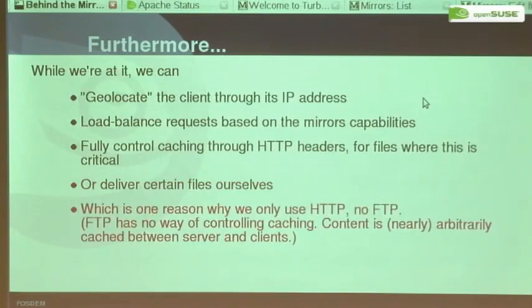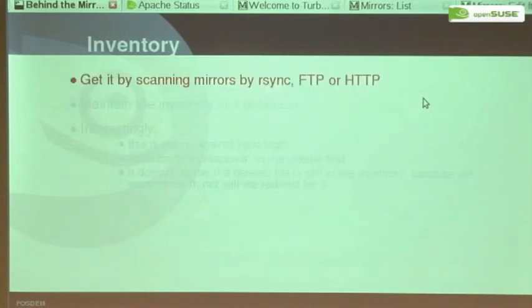And that's why we actually use only HTTP, not FTP, because FTP is a bit too limited and has no way of cache control. Web caches cache arbitrarily, roughly 6 to 24 hours. So the inventory that we need is obtained by scanning mirrors, which we do mainly by parsing, or falling back to a slow method if parsing is not available. The inventory is kept in a database,